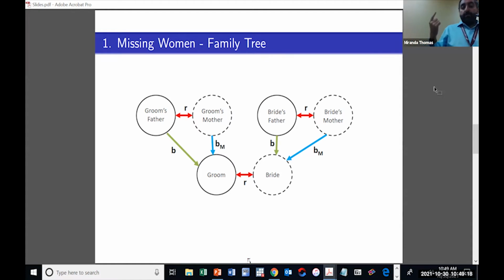Now, if, again, you're willing to assume that BM, the effect of the mother, is equal to B, then you can go around this and you have a slightly different formula than the one they have. But at the end of the day, they can essentially apply all the method. So if you're going to assume that B is equal to BM, you can redo the math, like you do at the end of the paper, and just have a slightly different estimate. But everything should work fine.